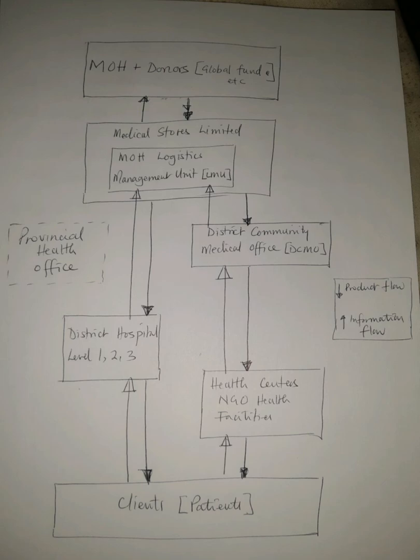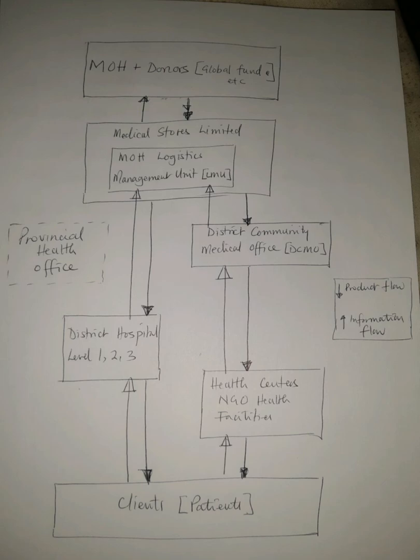And we have information coming from the clients or the patients. These are the things that they need in terms of resources. So they communicate with the health centers on the right, they communicate with the district hospitals on the left, and it moves upwards until the information reaches Medical Stores Limited, and until it reaches the Ministry of Health, who in turn liaise with our donors. So that is how information and resources flow in the pipeline of the Ministry of Health